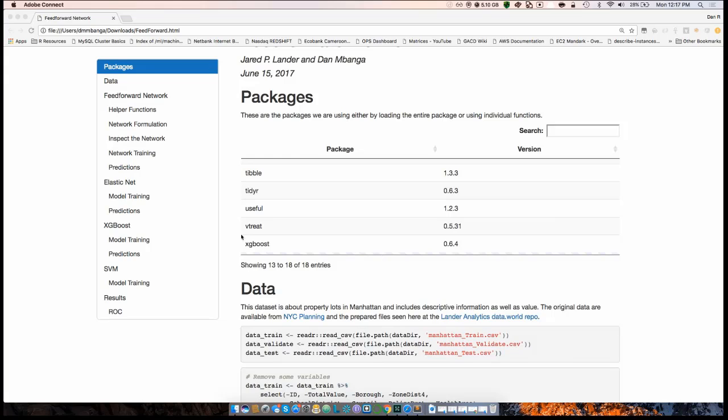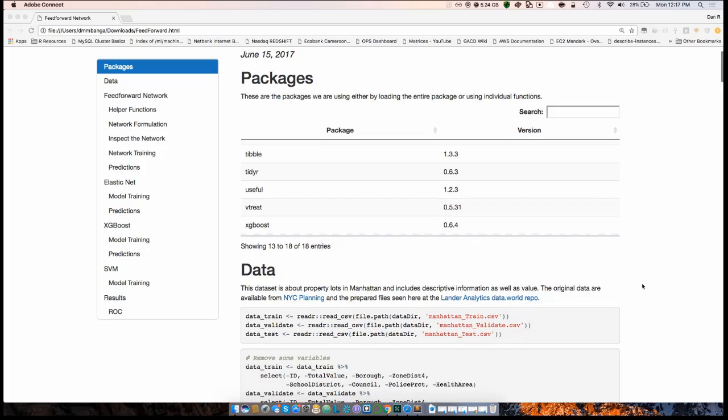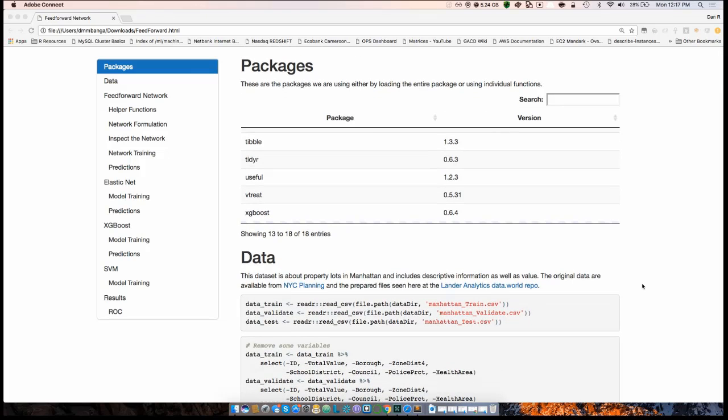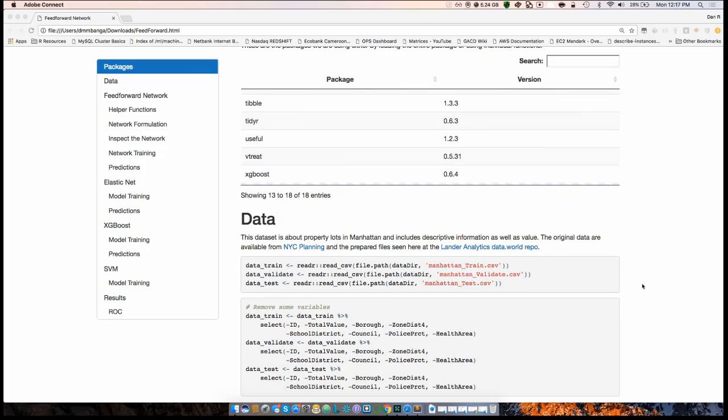So I see XGBoost here. Can you talk to us about XGBoost a bit? Yeah, so XGBoost is a package created by DMLC, which are the same people who brought us MXNet. It's a package mainly used for fitting boosted decision trees, but it could be also used for boosted linear models and for fitting a variant of random forest. So we're going to use XGBoost to fit a random forest.